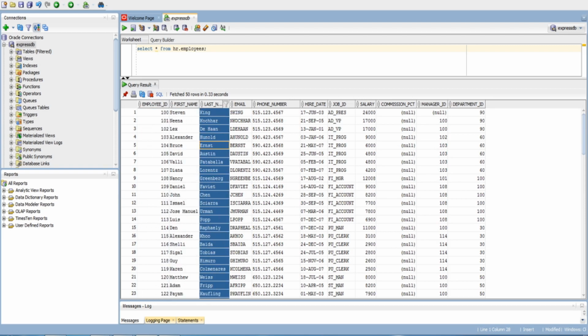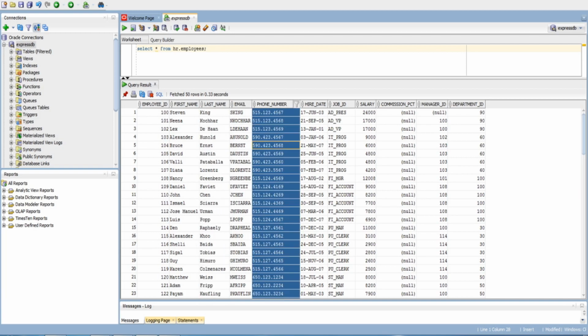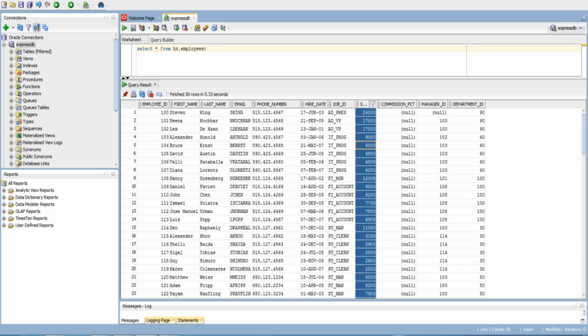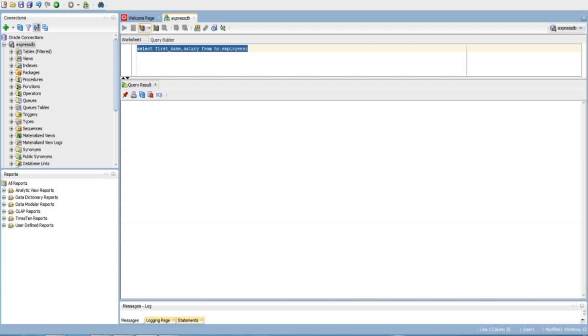You can click on filter. On what basis do you want to filter? Phone number, hire date, job ID, salary. If you want to see only specific columns like first name and salary, execute.